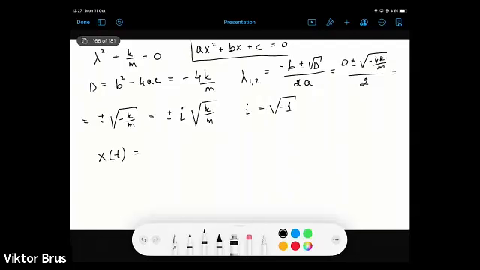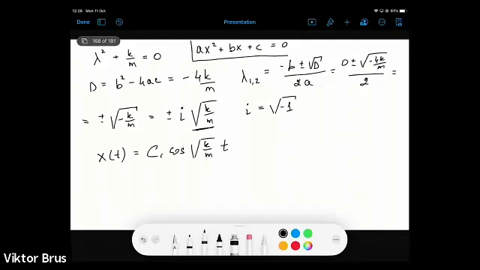Then our solution should be C1, which is some constant, times cosinus, oops, sorry, it's not sinus, cosinus of the square root of, like the real component of the numerical value of the complex solution of the characteristic equation. So it will be k divided by m